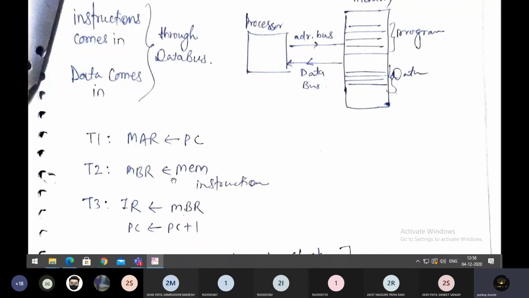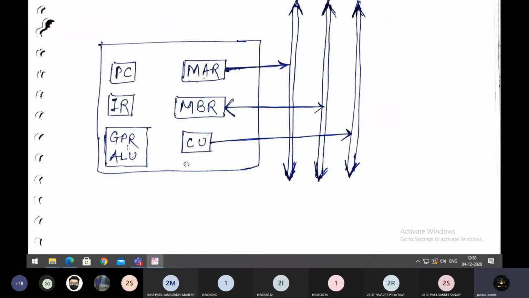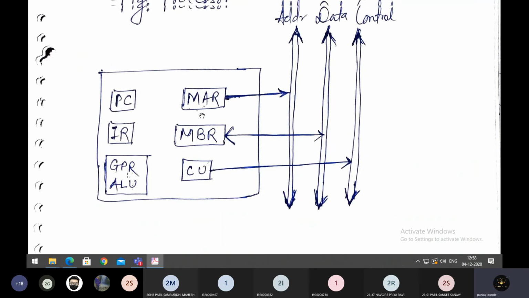Now then, memory goes to MBR. This is in the second clock state, as you can see with this diagram. Memory goes to MBR means the memory has some data that we need to store inside the MBR. First of all, the PC goes to MAR, because the program counter will point at the first instruction to be executed. Before getting the instruction, we need to get the address of that instruction.